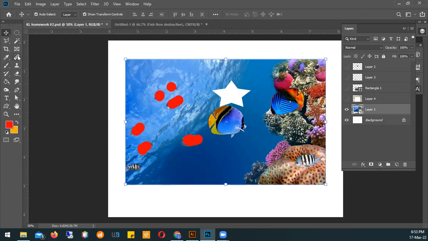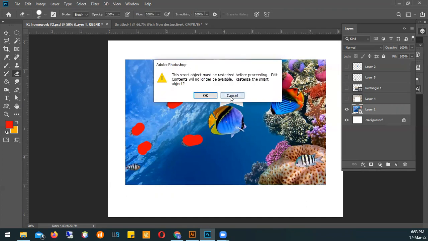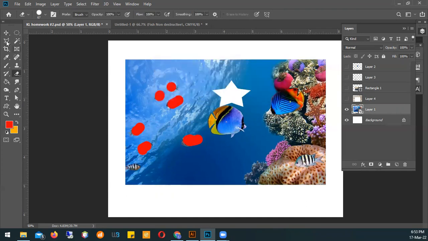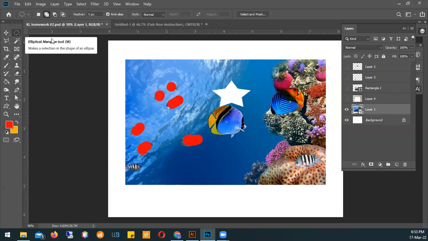Now, again, if we wanted to hide or erase any element, any part of it, we cannot just use the eraser on a smart object because it protects the pixels from being edited. You will get that error. But you can make a selection. This time I'm just going to use my elliptical marquee to make a circular selection, right? And we can edit it as needed